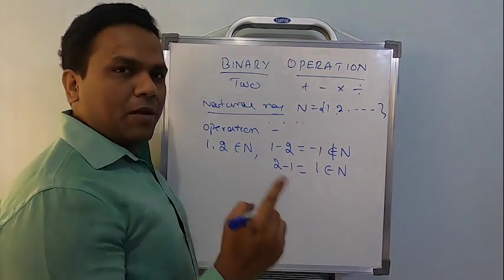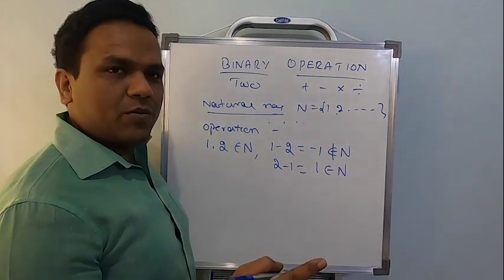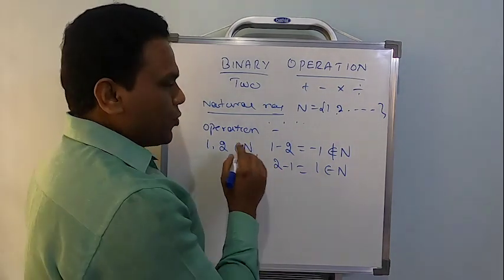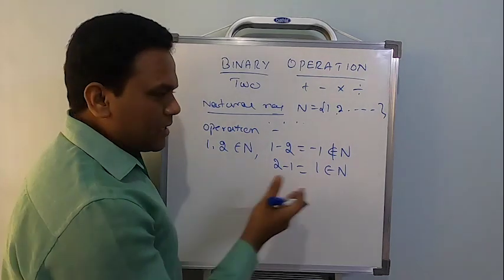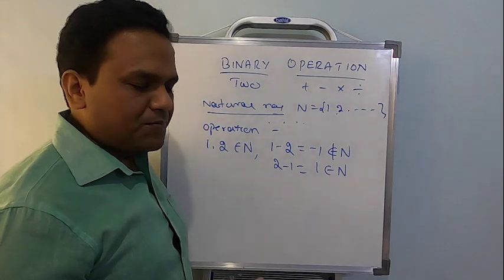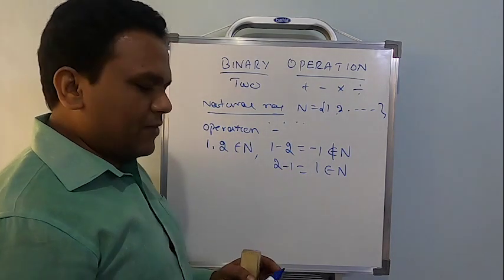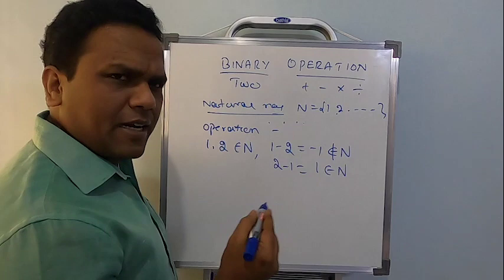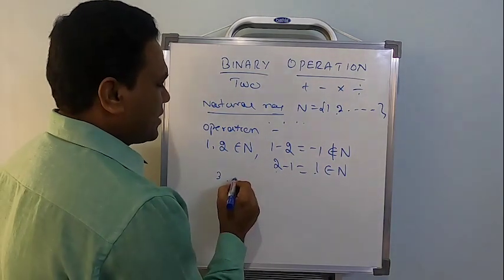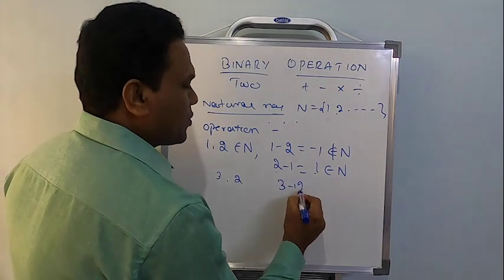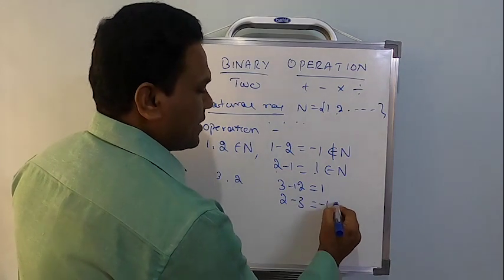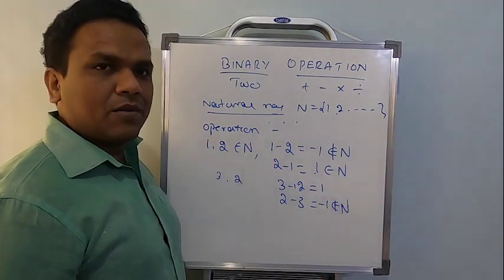You do a plus b or b plus a. You do 1 plus 2 or 2 plus 1, the resultant element is a natural number. In subtraction also, you do 1 minus 2 or 2 minus 1, still the resultant element should be a natural number. As you notice, the resultant element every time is not going to be a natural number. Sometimes I agree. For example, if I consider 3 and 2, sir, 3 minus 2 is a natural number. Yeah, that's fine. But what about 2 minus 3? 2 minus 3 is not a natural number, right?